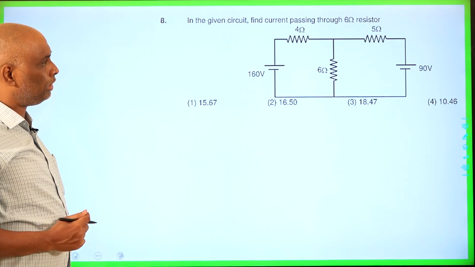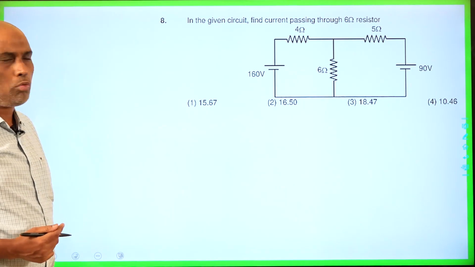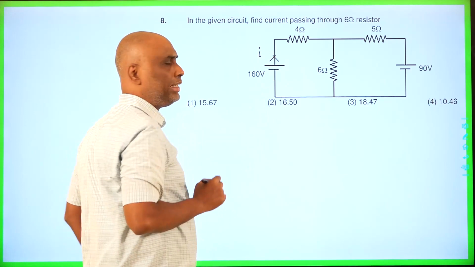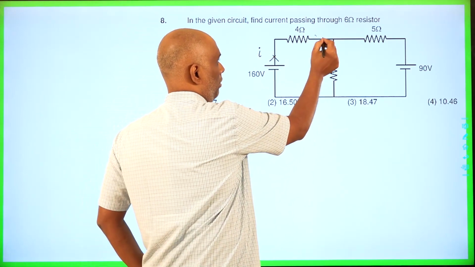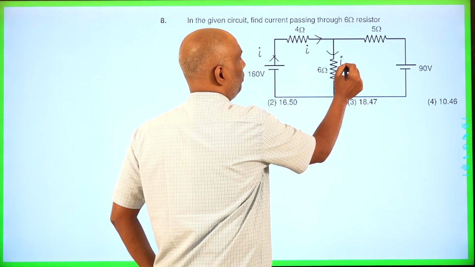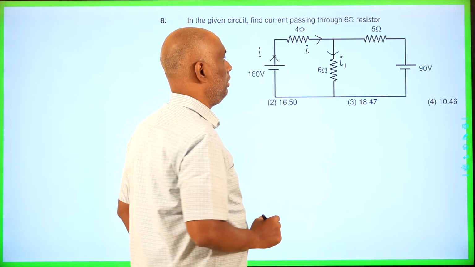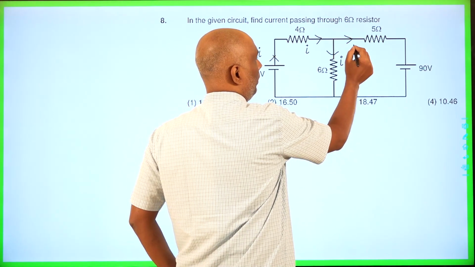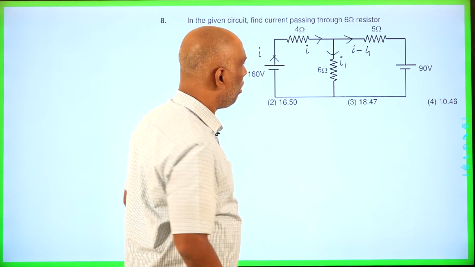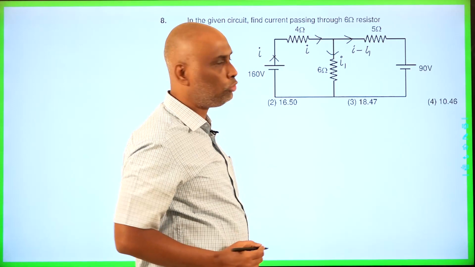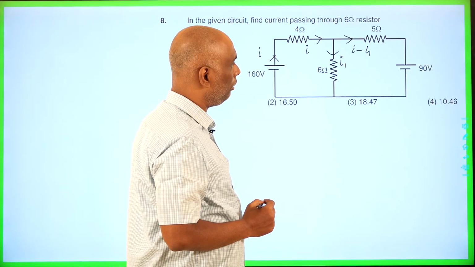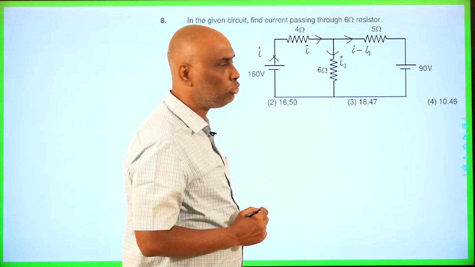So when you want to find out the current passing through the 6 ohm resistor, what we can do is, I can assume like this. Let us imagine that the current flowing through this one is I. The current flowing through the 6 ohm resistor is equal to I1. Next, the current flowing through this one becomes equal to I minus I1. So we have 2 loops. Already I have applied the junction rule at this point. We have 2 loops and 2 unknowns. We can find the 2 unknowns by applying the Kirchhoff loop rule for the 2 loops.